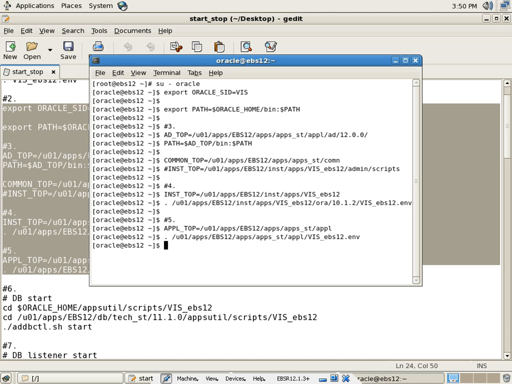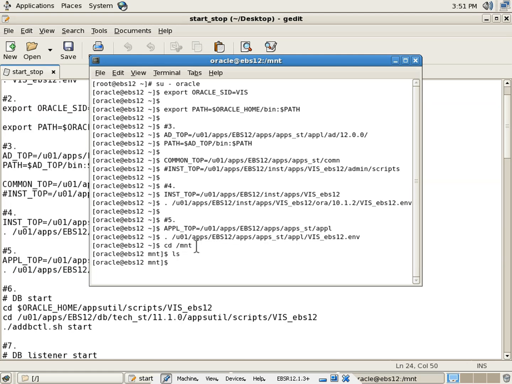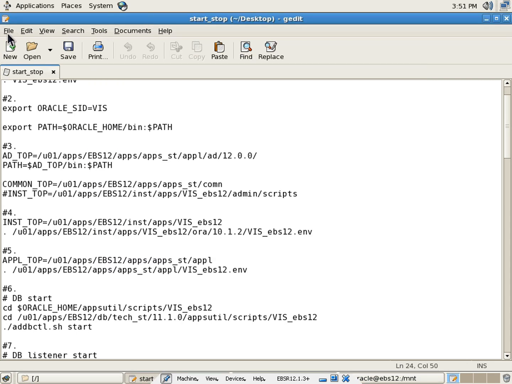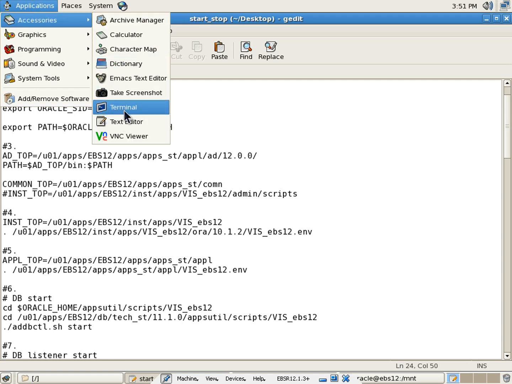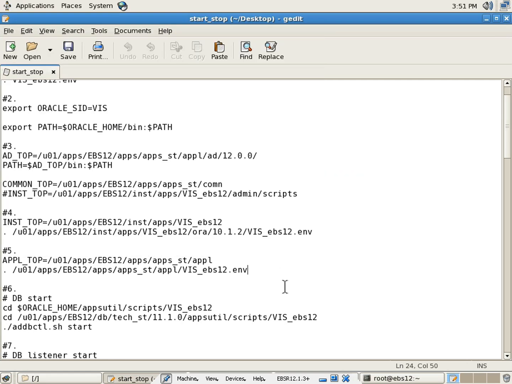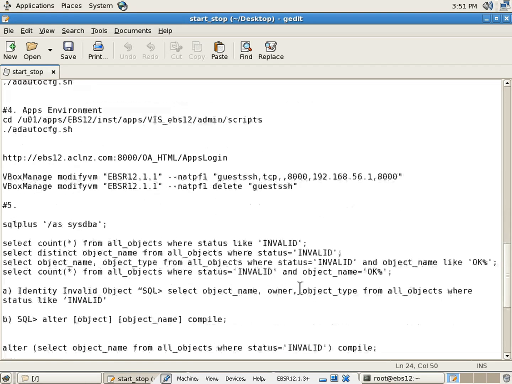Okay, so what I do is I say cd /mnt. mnt is the place where my patch directory is located. So currently this mount directory is not mounted. Okay, that's what is lying in the host system. Let me just quickly mount this directory so that we can see the shared folder from the host system here. I'll open another session, okay, and then I've got a very quick command to mount it, which is,